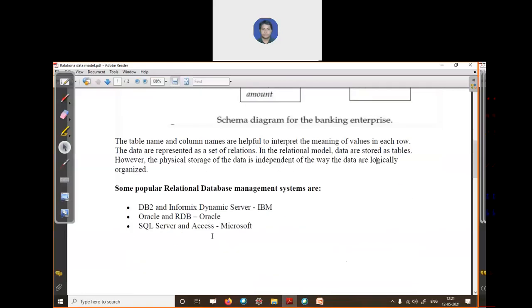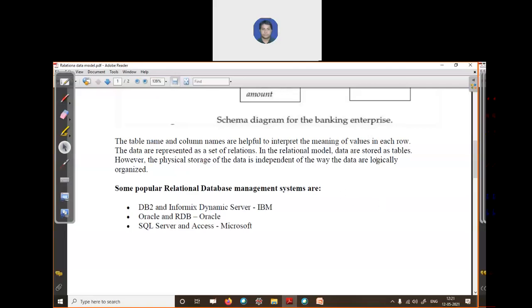Here you can see the three RDBMS we have seen: IBM, Oracle, and Microsoft. This is shown for human understanding, as the logical representation of your data, how your data is related with other data. But how this data is actually stored in the database is different, or independent from the logical representation. Okay. Am I clear? Yes, sir.